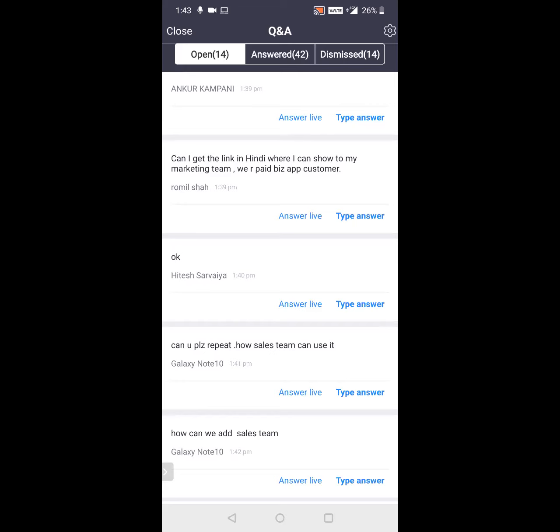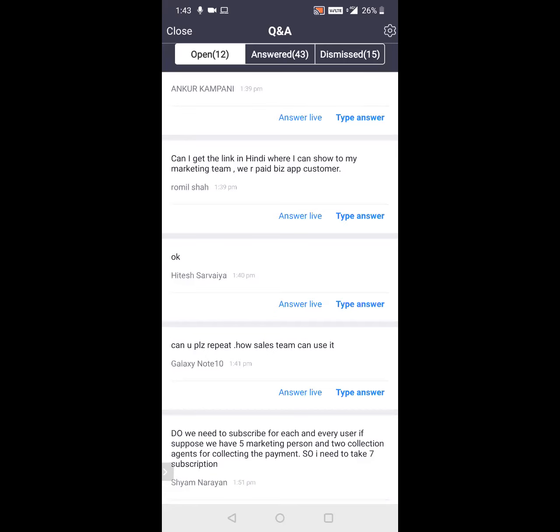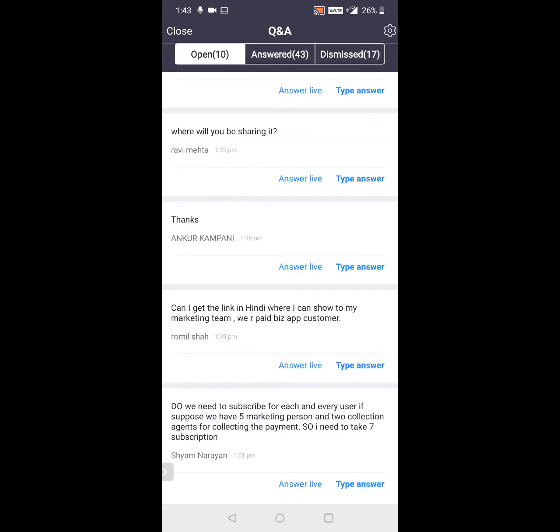See, the way I would suggest you think of this is that you are going to spend 150 rupees per person per month. Now, can your marketing person or your collection boy help you increase your sales, reduce your outstanding? You're able to manage the productivity of the salesperson by check-in, check-out. If all this is possible, can he give you value more than 150 rupees a month?